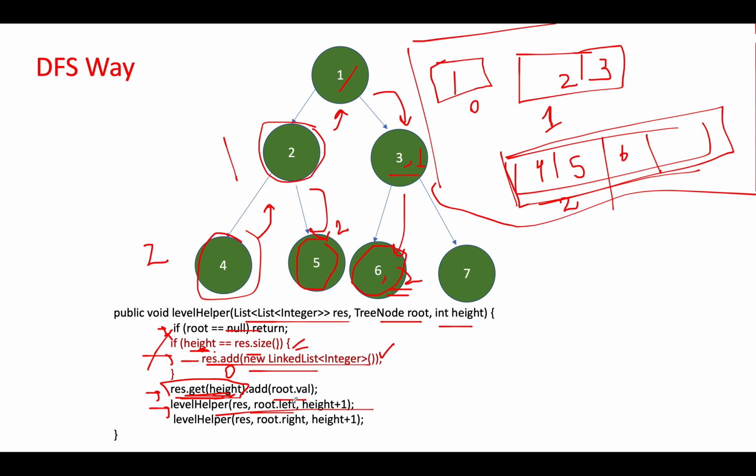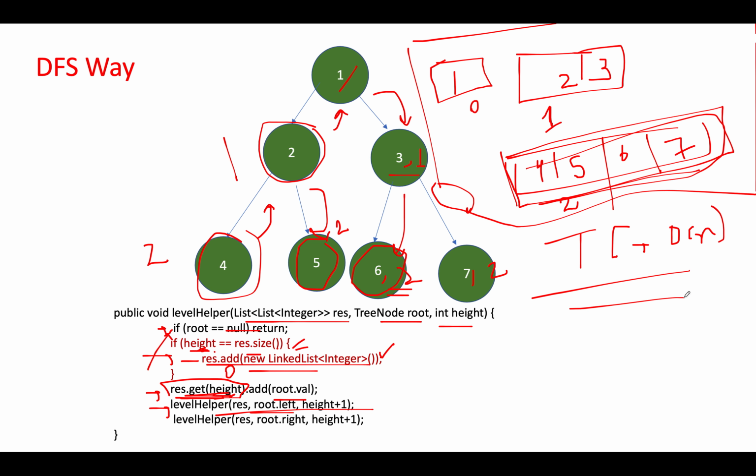And let's continue the iteration. The last one we have is 7. So at 7 the value is 2 again, so we'll extract this element and add 7 to it. So this marks the completion of our tree traversal, and here the time complexity is again order of n. So the time complexity is the same, but we solved it in a different way. So we passed an identifier which is known as the height or the level, which tells you at what particular index in your array list you need to do the insertions.